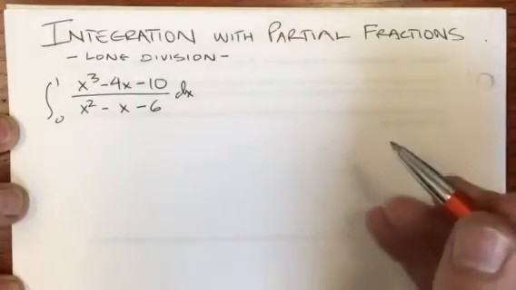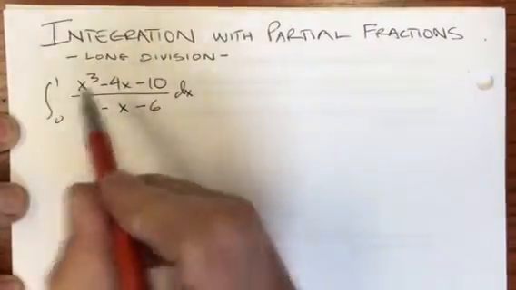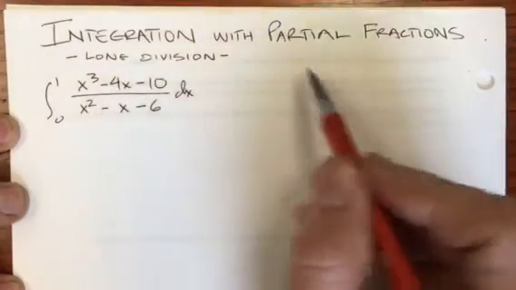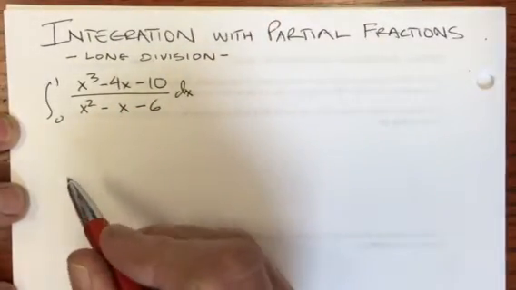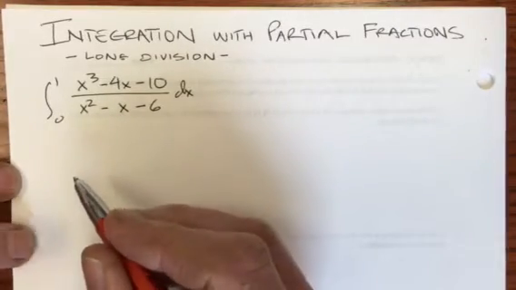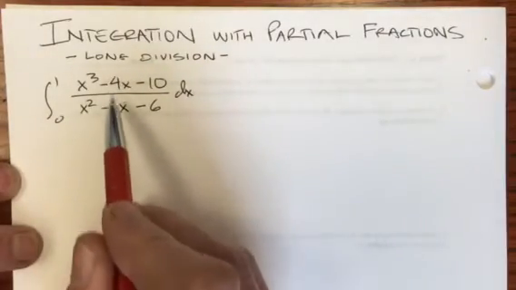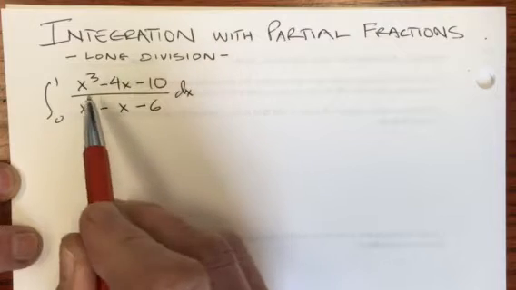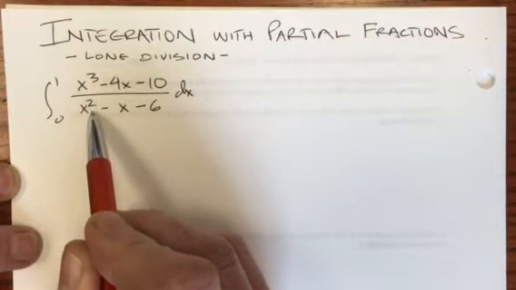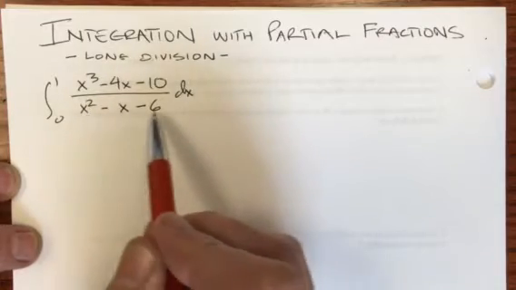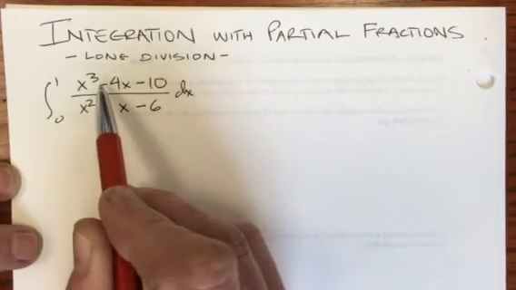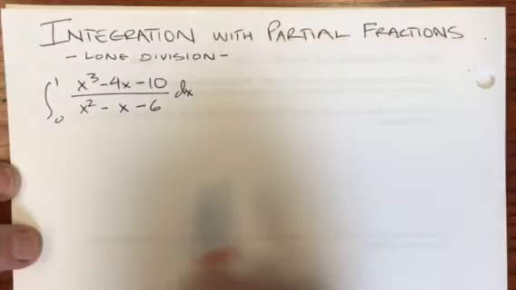All right, we're going to take a crack at one of these integration problems where we use long division and possibly end up with a problem that requires partial fractions. So looking at this, it's a rational function, and we've got a degree that's higher in the numerator. So this is an opportunity to divide this denominator into the numerator in order to break it down and make